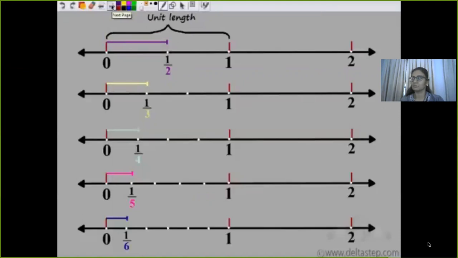What we observe is that as I'm increasing my denominator, 3, 4, 5, 6, what is happening is that the length is shifting towards the left of half. So I have half, I'm shifting towards the left. What I observe is that these unit fractions could not represent all the numbers from 0 to 1. From 0 to half, I'm getting all the numbers. But in between half and 1, I could not get any number which was being represented by a unit fraction.